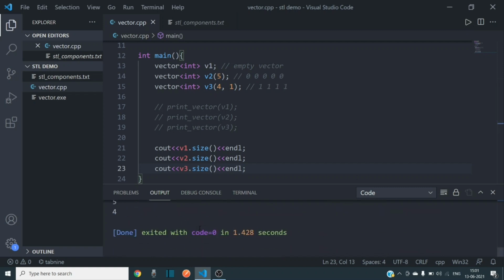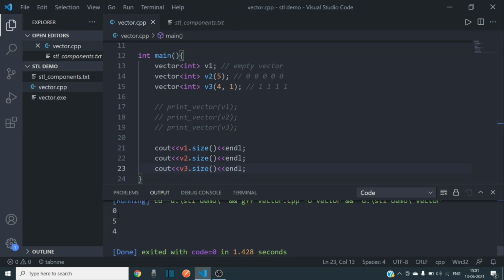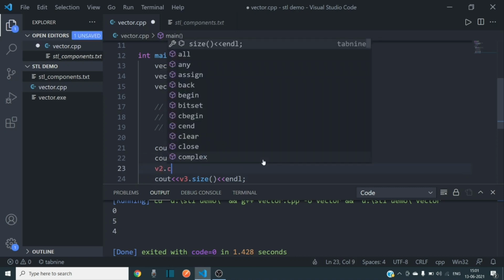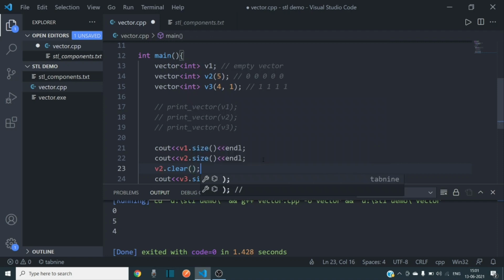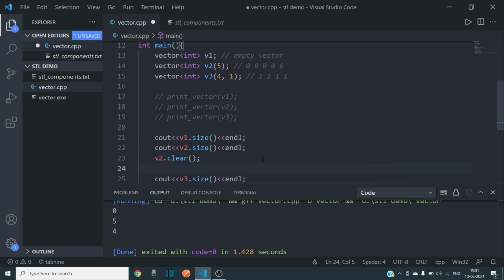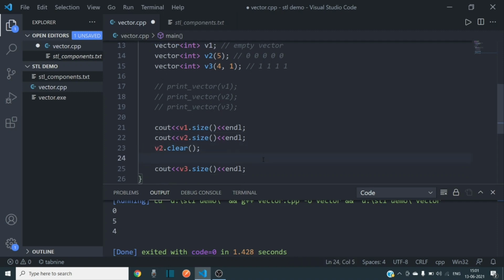Yeah, so first vector is of size 0 and second vector is of size 5 and third vector is of size 4. Now the other member functions of vector are, suppose we want to clear a vector. We have the 5 elements in the second vector and we want to clear it. So I will be applying v2 dot clear and I will be seeing its size again.